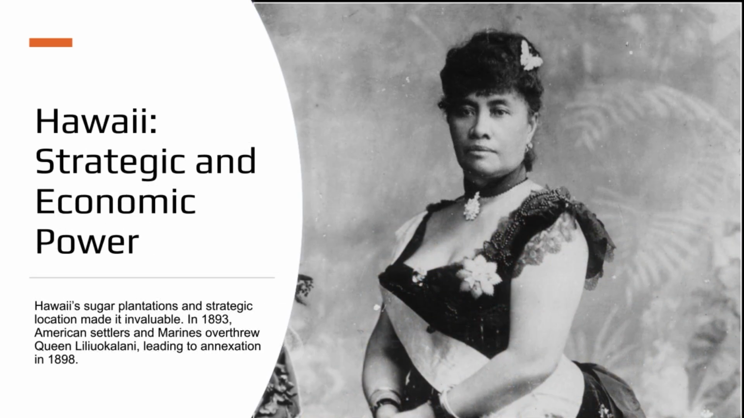Hawaii, an island chain in the Pacific, was crucial for two reasons: its fertile land for sugar plantations and its location as a naval base. However, the United States faced a conflict. In 1891, Queen Liliuokalani sought to limit American influence by introducing a new constitution. Most native Hawaiians supported her, but American settlers, backed by U.S. Marines, staged a revolt. President Harrison signed a treaty to annex Hawaii in 1893, but President Cleveland delayed it,